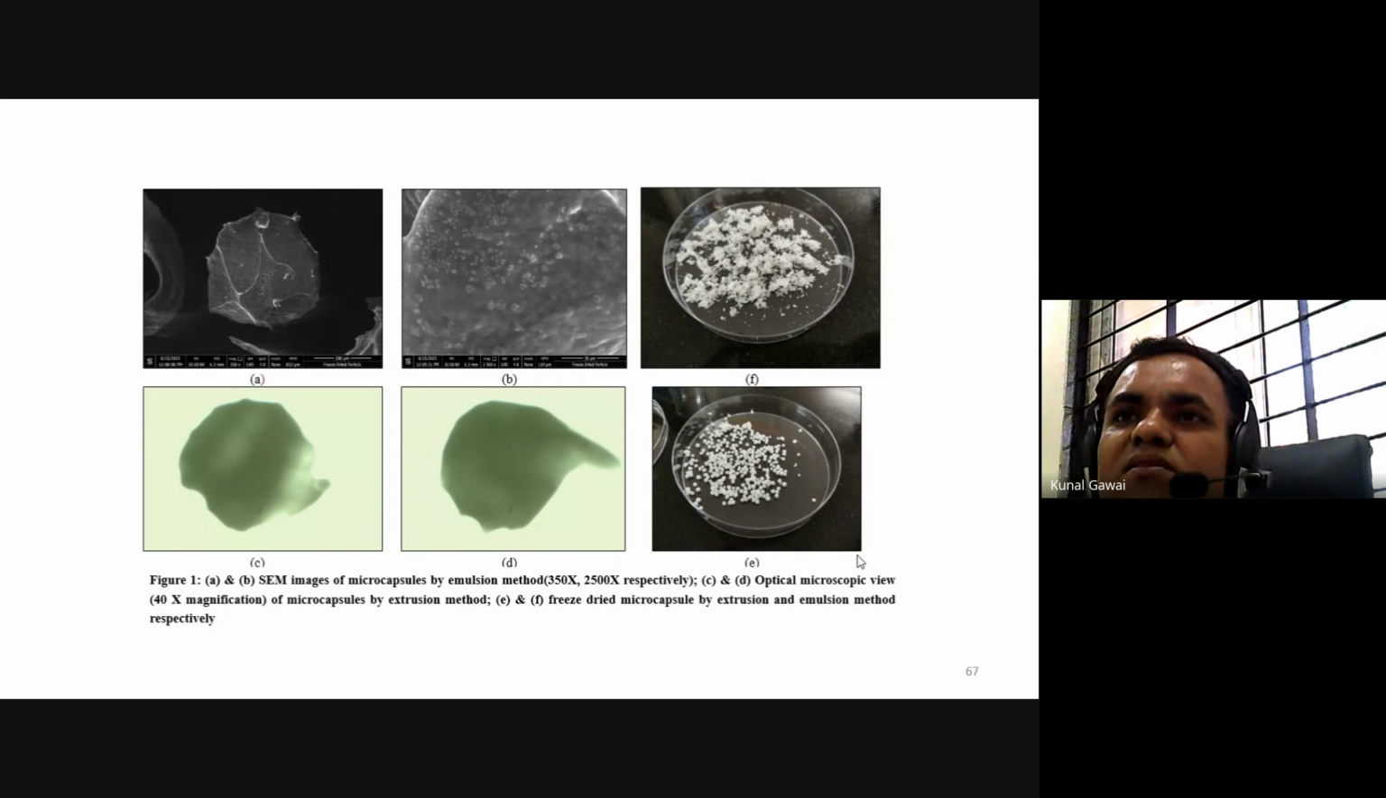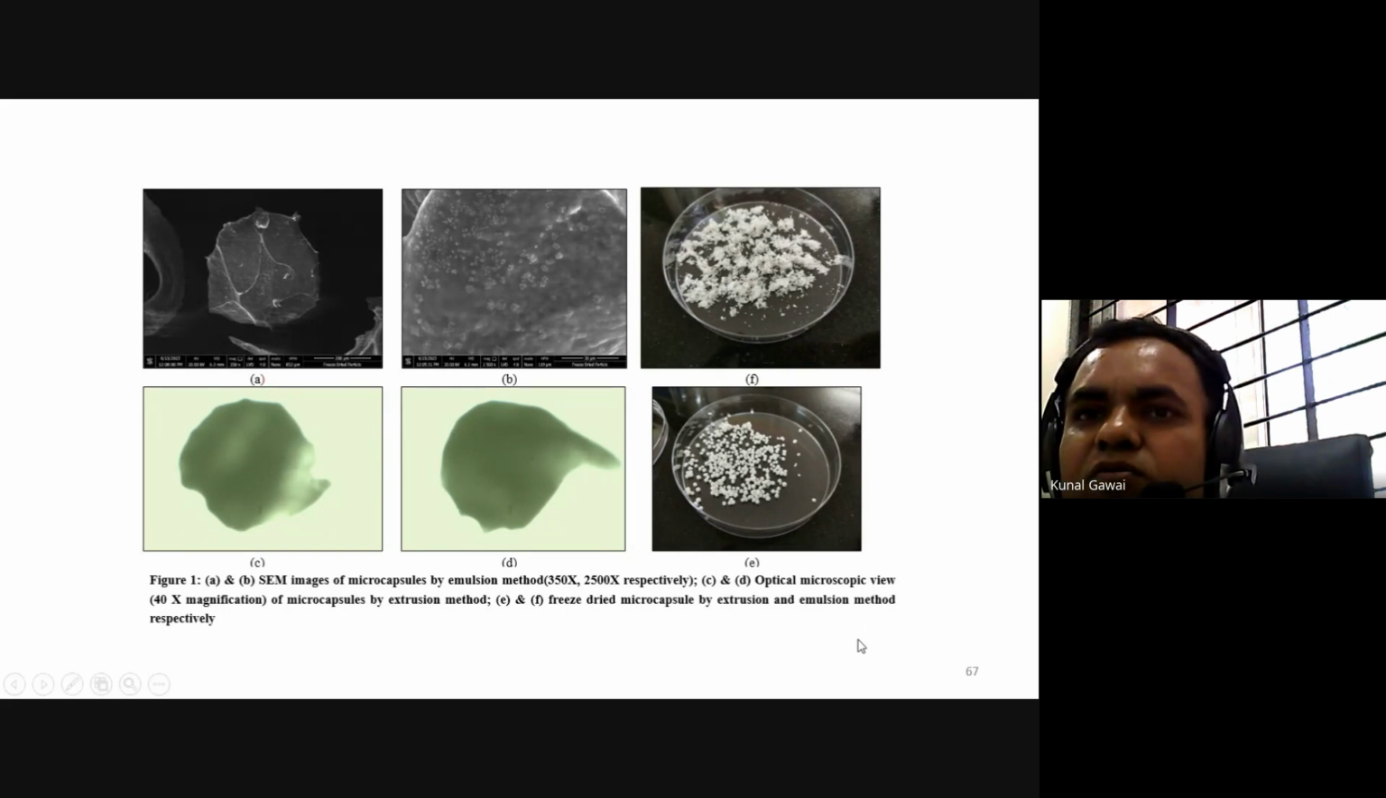These are SEM photographs, scanning electron microscope photographs, and the optical microscopic view that we observed. We can see on these two sides spherical shaped microencapsules. The upper ones are obtained from the extrusion method, and the beads that are smaller in size are from the emulsion method. At the upper side they are not exactly intact, but these are from the extrusion method. On that basis we selected the emulsion method, and such prepared microencapsules we added in